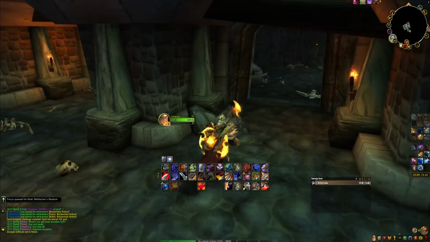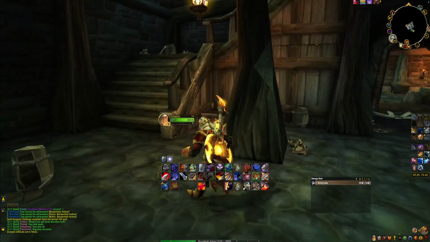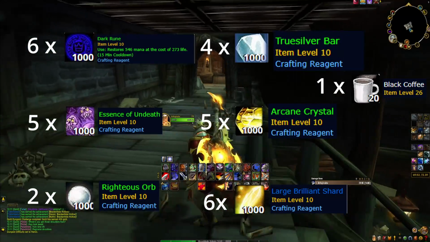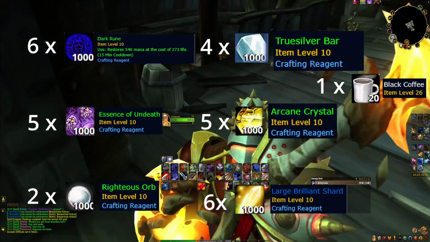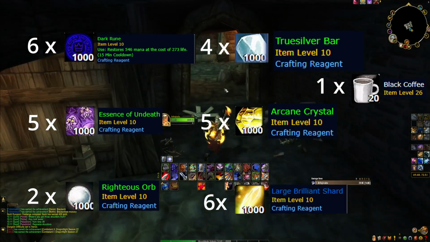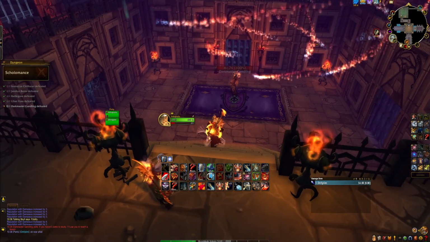To minimize travel time overall, you should start by heading to the auction house and getting 6 Dark Runes, 5 Essence of Undeath, 2 Righteous Orbs, 4 True Silver Bars, 5 Arcane Crystals, 6 Large Brilliant Shards, and 1 Black Coffee. Anyway, once you have the toy, you must do a normal run of the Mists of Pandaria revamped Scholomance